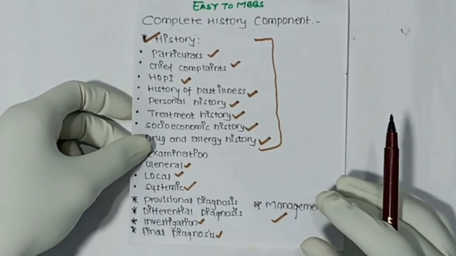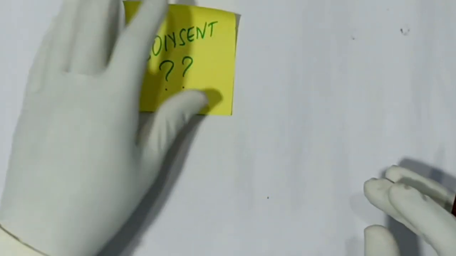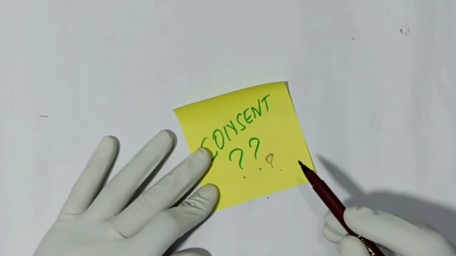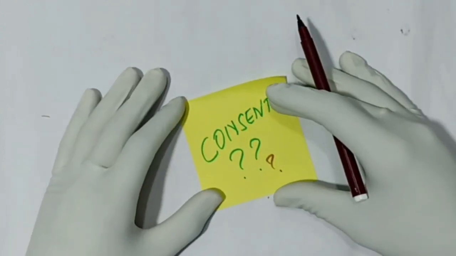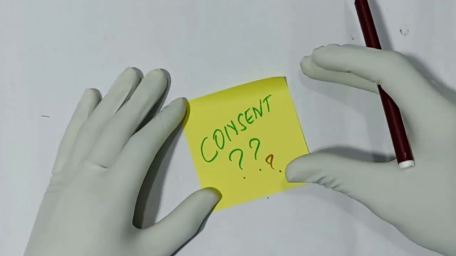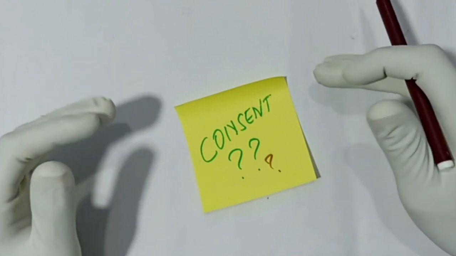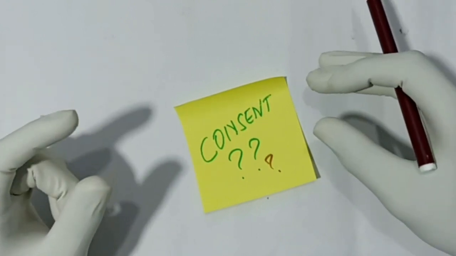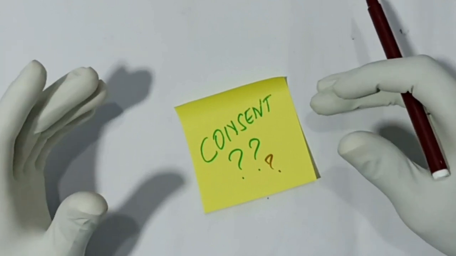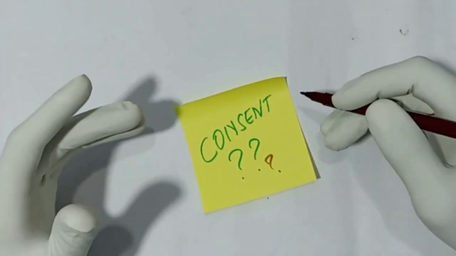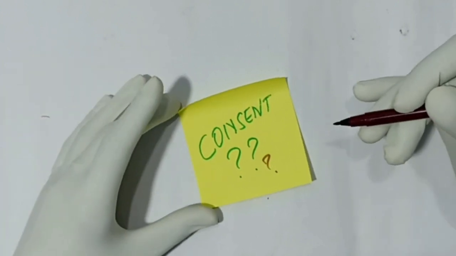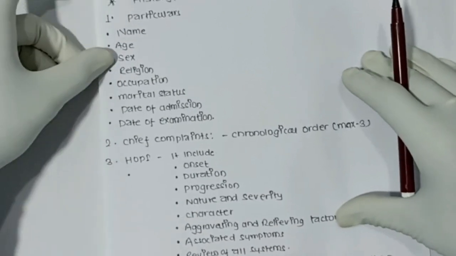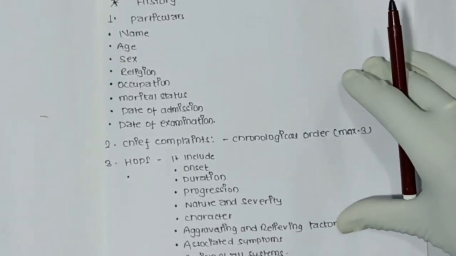Before taking history, we have to know about consent. So what is consent? Before taking history, we have to take consent of our patient or patient party. Without taking consent, we can't go through the history taking. Consent is simply taking permission from the patient or patient party so we can continue our history taking. Now let's start with history. Here is a complete chart. Now first in history we will know about the